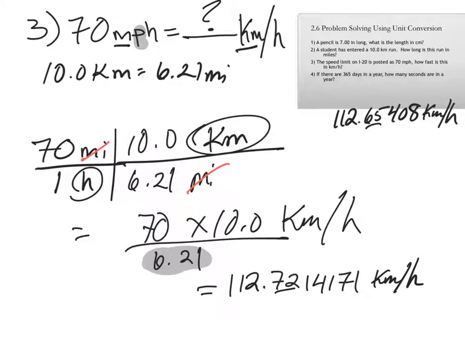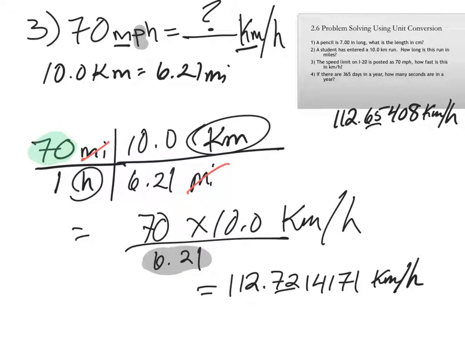What number do we use? Well, since the 6.21 was the best we could use in the previous number, that's what we're going to use here. So in reality, we would use the 112.72 and so on kilometers per hour, and looking at the entire calculation, we have